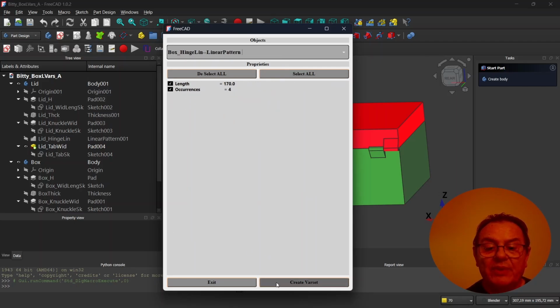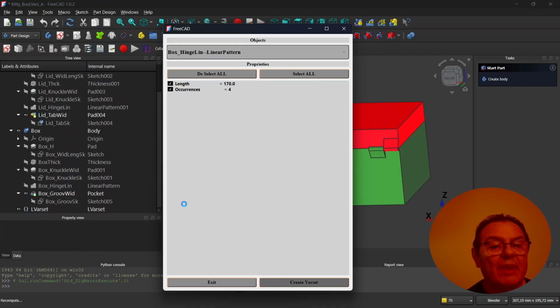If you press the Create VarSet button, the macro will create a VarSet. Do you see the Christmas light in the tree view? By the way, any suggestions about the properties and objects to be imported are welcome. Just a few seconds. Okay, nothing more to be imported.